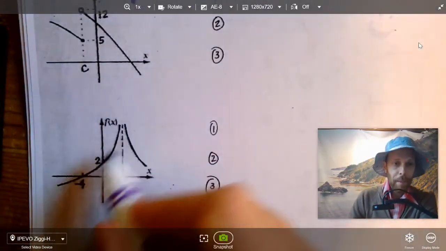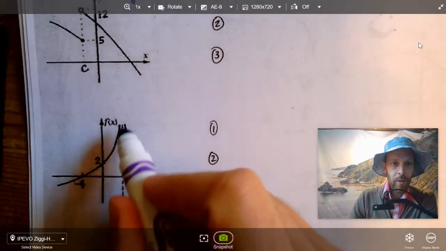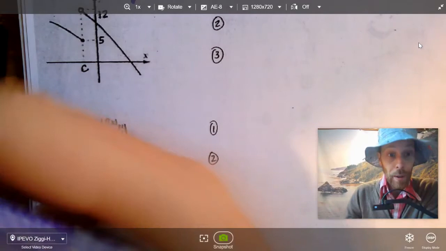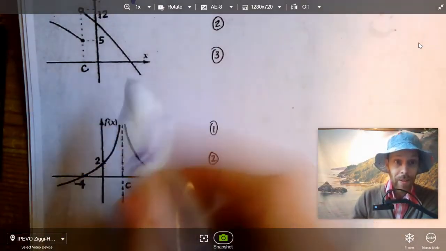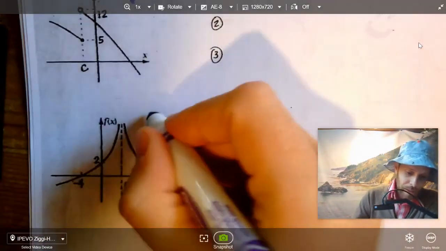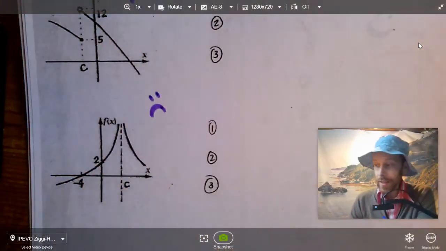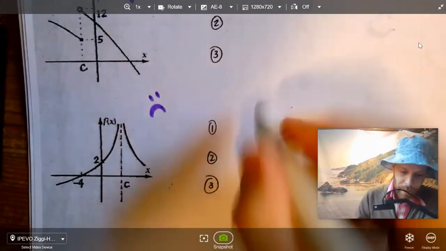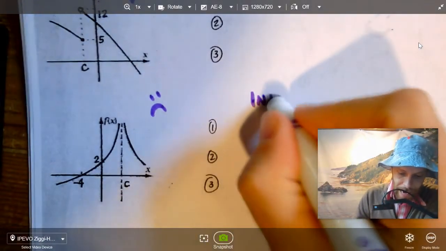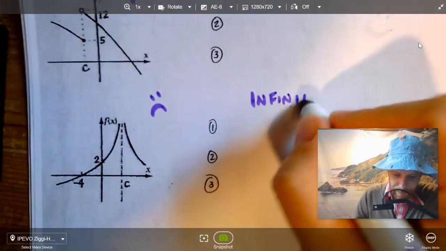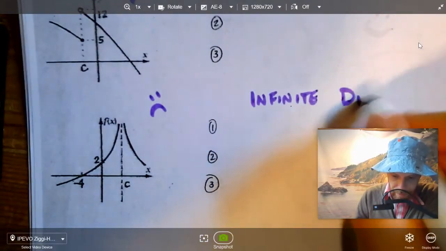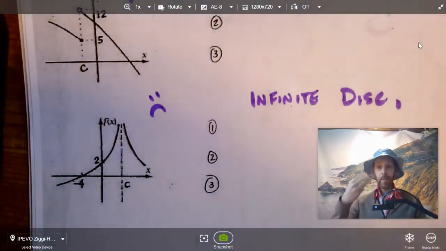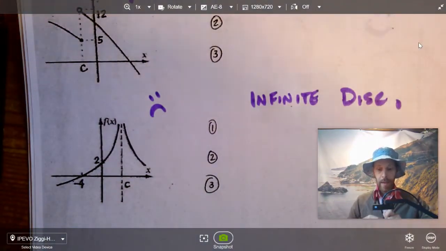The last one right here. You're driving along, you're driving along. How long will it take you to get over the road? The answer, forever. This road never ends, and you're never going to cross that line. So this one is also a discontinuity, and because the road goes on forever, we say it is an infinite discontinuity. All right, so we know what continuity is. We know that there are 3 types of discontinuity. Next up,